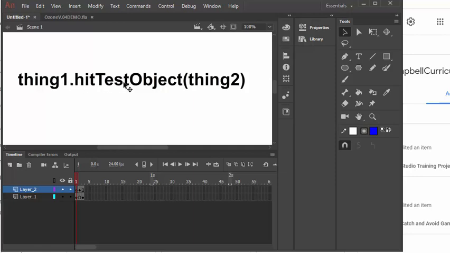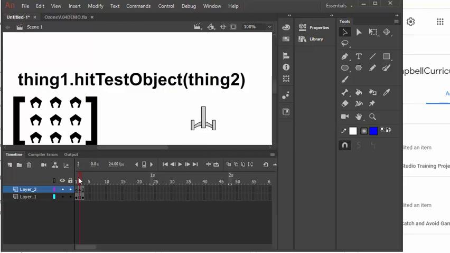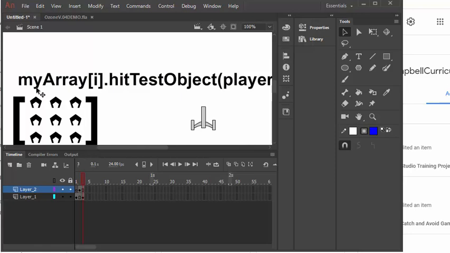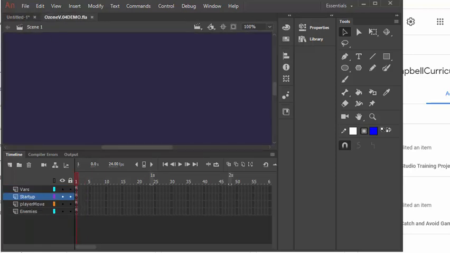And the hit test object method just compares the overlap in the pixels of both objects to see if they're colliding. And in case we have multiple objects, like we have a bunch of ships in a fleet, we change that to an array. So the array I, as we do with a for loop, we would go through a loop to say hit test object player to see if those objects are in collision with each other. So what we're going to do is first